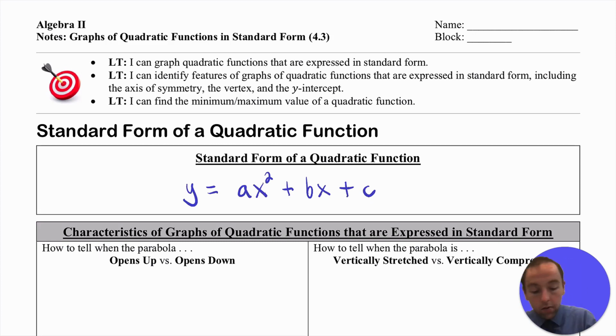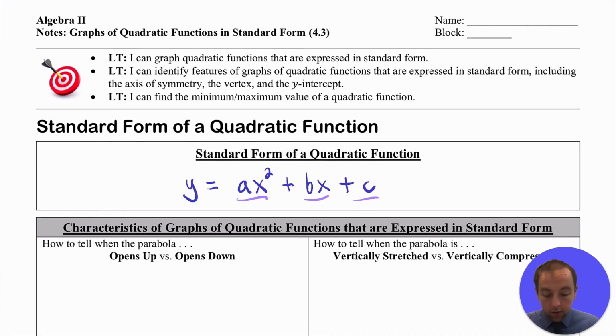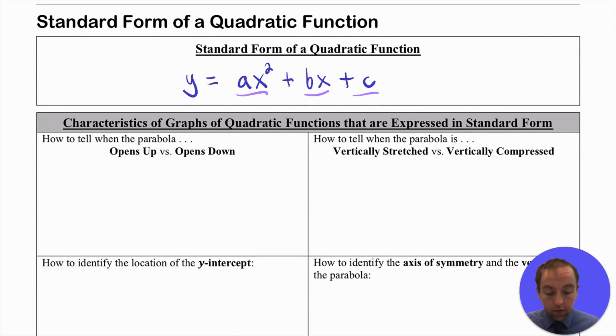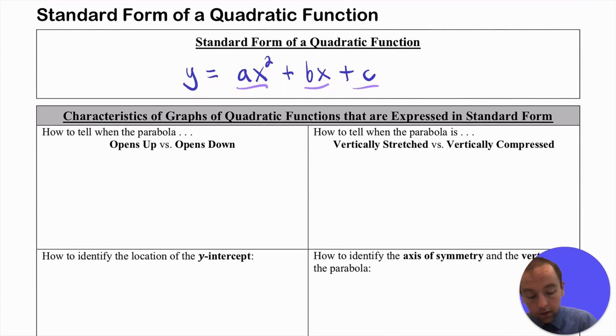So really you have separate terms for your x squared term and your x, and then a constant there whenever we're dealing with standard form. So we're going to work to graph these quadratic functions, which will ultimately make parabolas when the equation is expressed in standard form. So to identify some of those characteristics of the graph